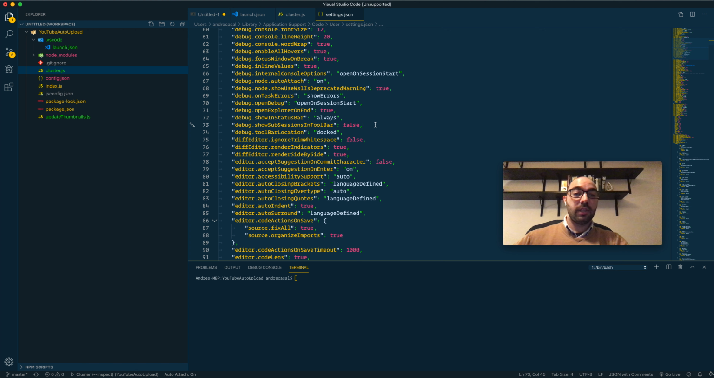All right, so let's talk about debug show subsessions in toolbar. This setting controls whether the debug subsessions are shown in the debug toolbar. When the setting is false, the stop command on a subsession will also stop the parent session. Now, this setting is set to false by default, and if you set it to true, it becomes much easier